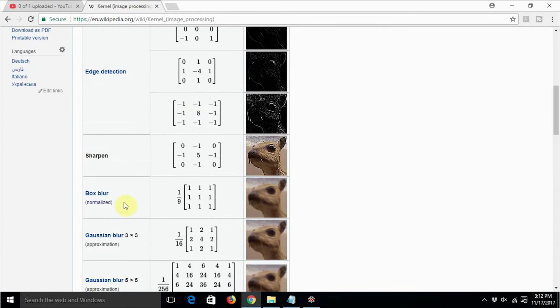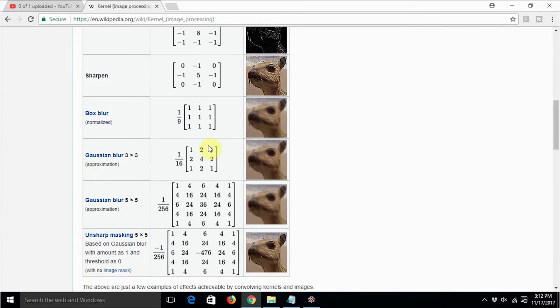It is going to create box blur. This is the kernel it uses for box blur, and this is for Gaussian blur. We can create it ourselves and apply it, but it is kind of a headache for anyone to create this big kernel. If you miss or mess up any one of these numbers, it's going to be really hard for us to debug all this stuff, right? That's why we can just go ahead and use these ready-made functions to apply image processing operations on an image.